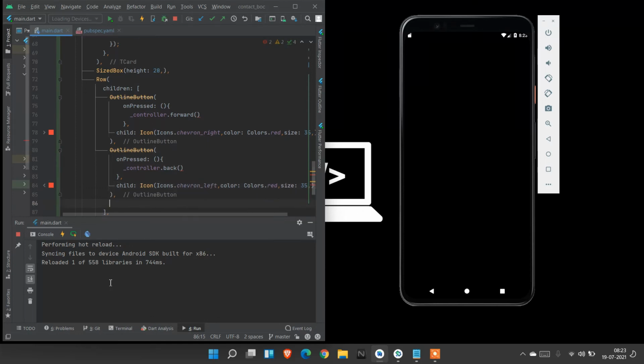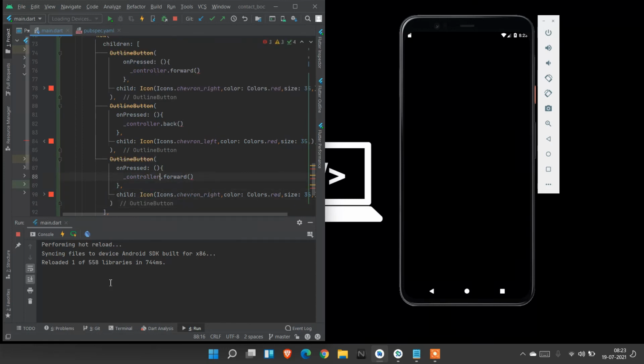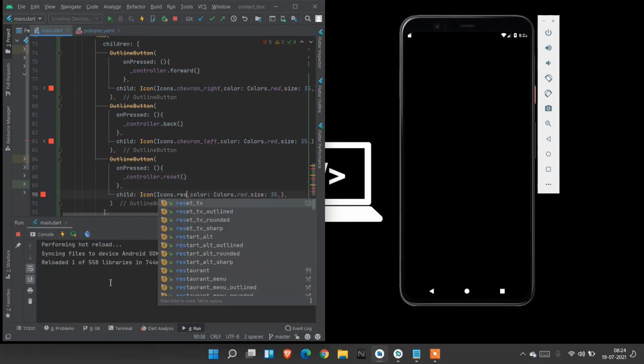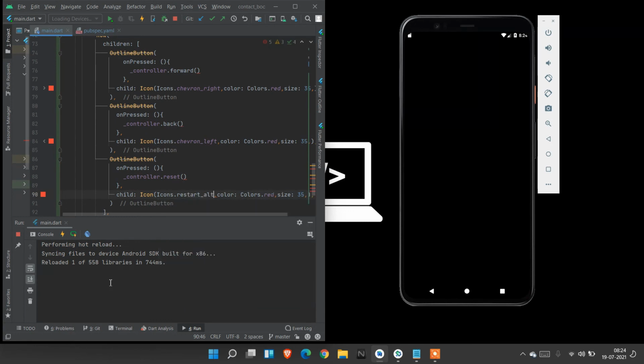Now I'm going to create a button for reset. I use reset, and I use the reset icon. Place the semicolons at every end. Now save and see what happens in the output screen.